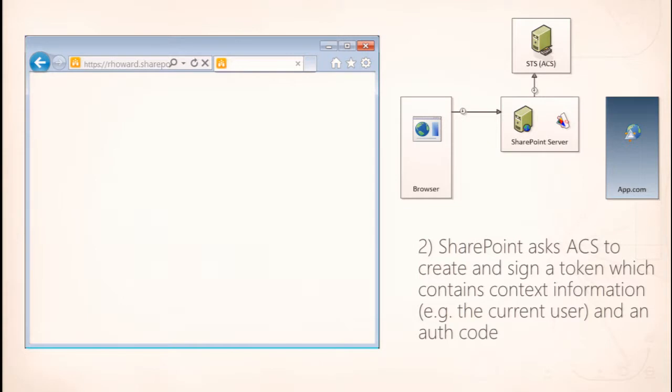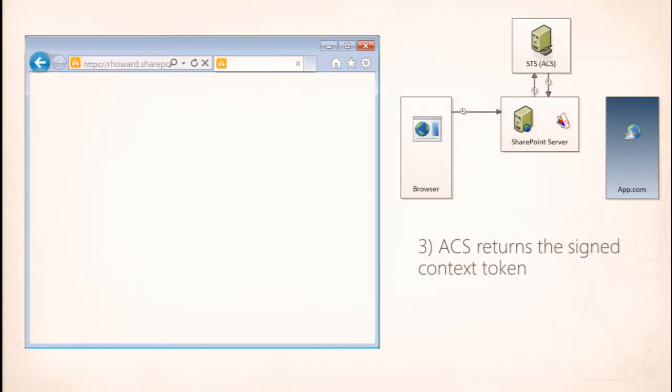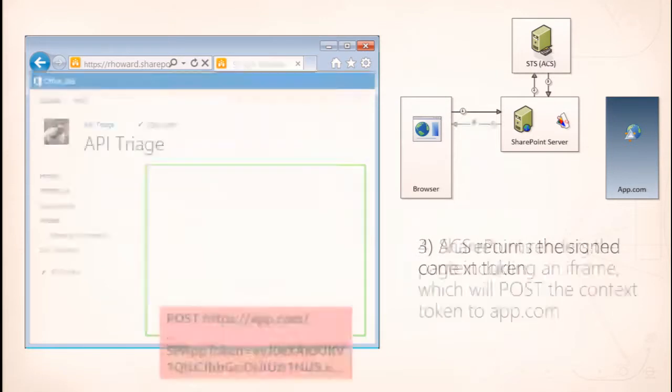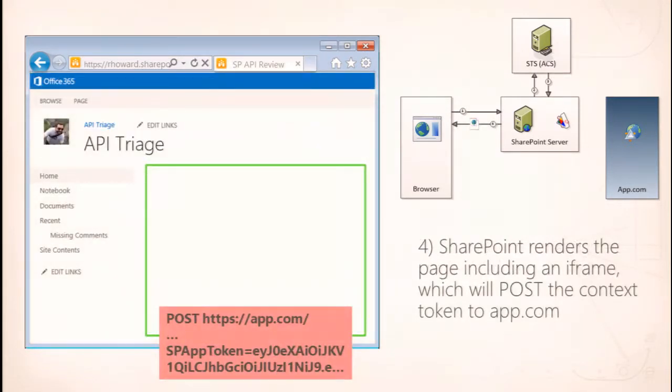And we say, hey, ACS, can you give us a signed context token that tells us about the current user and is intended for this particular app in the page? So ACS creates that token and returns it to SharePoint. And then SharePoint renders the entire page, everything except that app part. And what ends up happening is that there's an iframe in that page where the app part is. And that iframe is going to take the context token, you can see it there as a parameter,